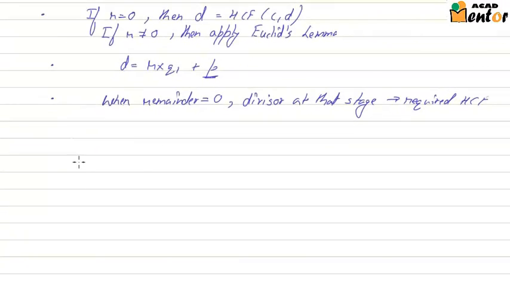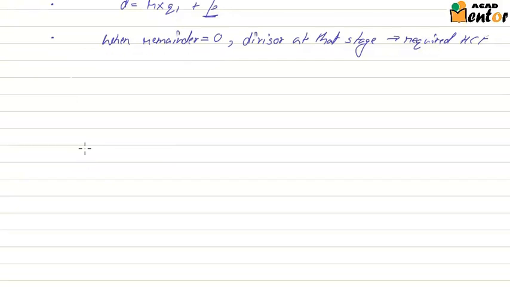So we all did the long division method in earlier classes to find the HCF of two numbers. If we look closely, I'll take you through an example and we'll discuss how they both are related. Let's suppose we have to find the HCF of two numbers, 27 and 6. Using the algorithm, the first step would be applying Euclid's division lemma on